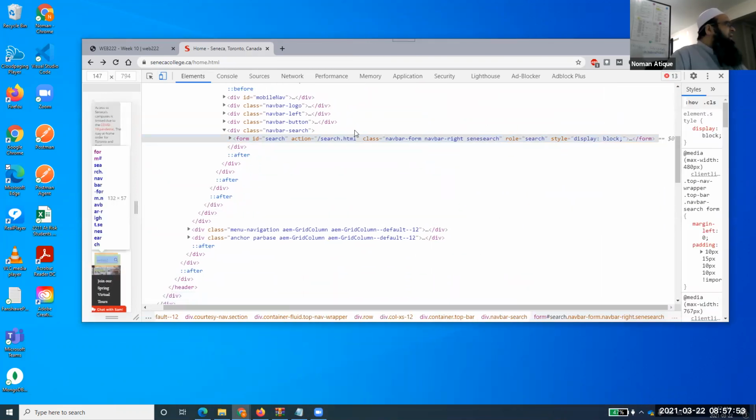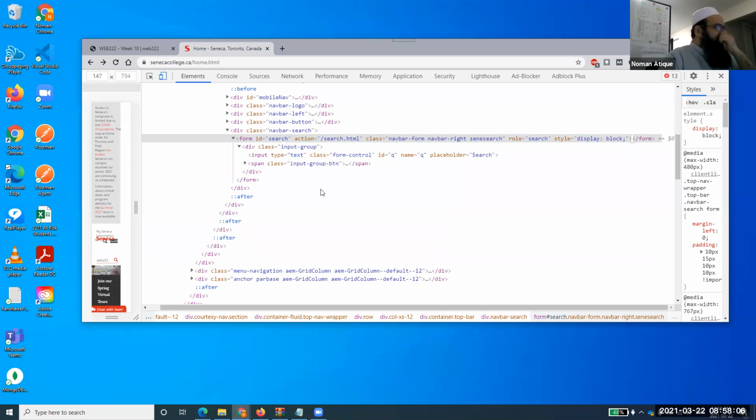This is something that I want to discuss over here. You see that on every website you will find forms. Form ID is equal to search, action is equal to something, class is equal to something, role, style, display, and whatnot. And there are some contents inside that as well. So first of all, every form can be given an ID, like say this one, and ID and name both are very important, because through them we recognize some of the HTML elements on our web pages. So form is given an ID.